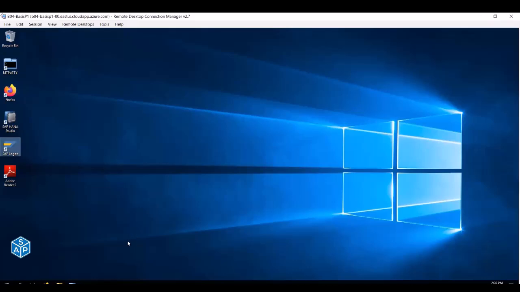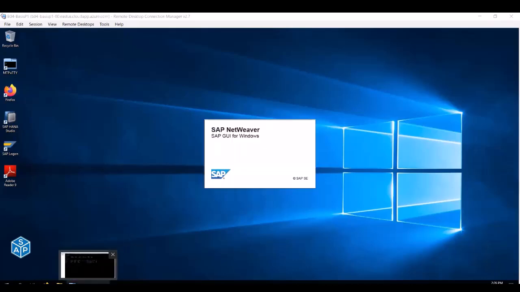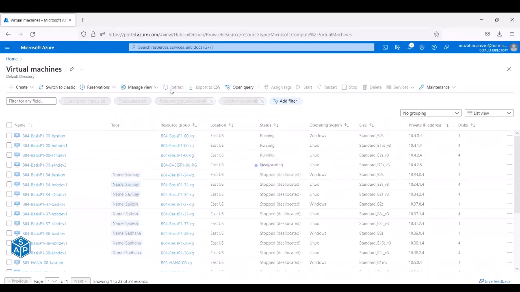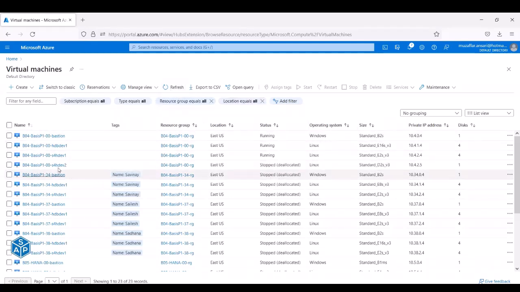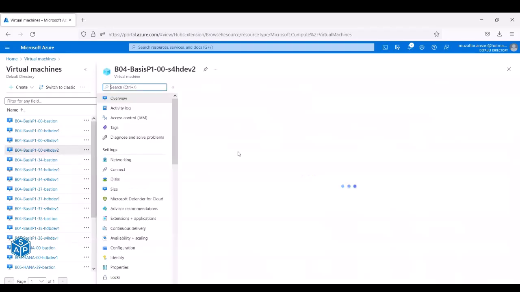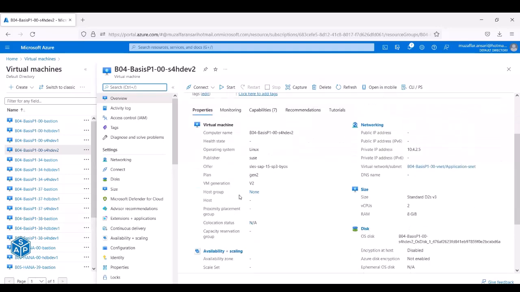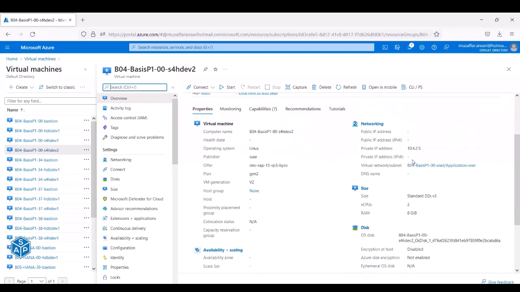So today we are going to do some troubleshooting. That is the reason I shut down the additional application server. I'm going to change the size of this additional application server. So right now the size of this VM is